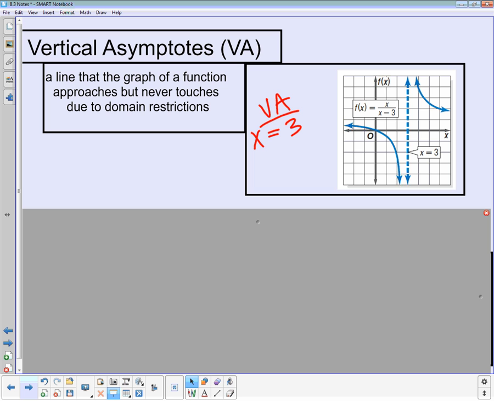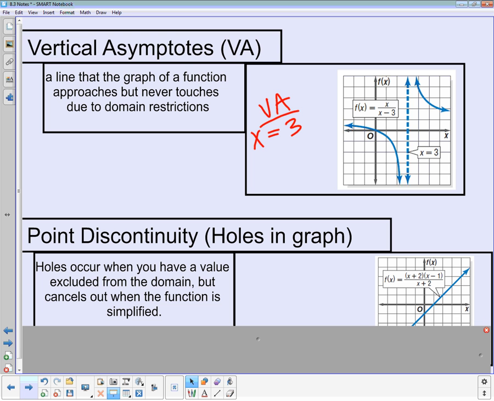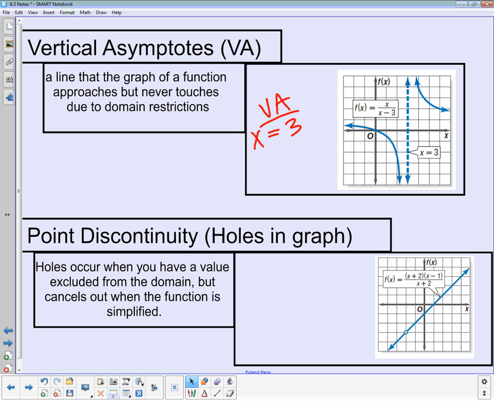And then the last term for today is point discontinuity. Point discontinuity, or you will hear us more commonly refer to them as holes in the graph. Holes occur when you have a value that's excluded from the domain, but it cancels out when the function is simplified. So if you look at that example that's given to you on your notes there, where we have f